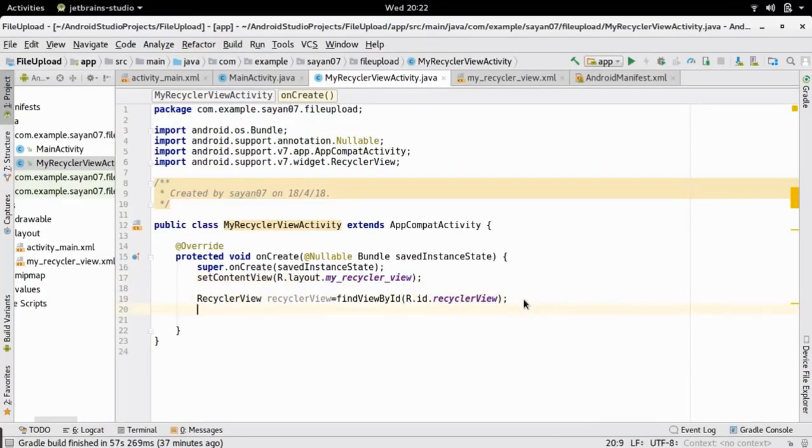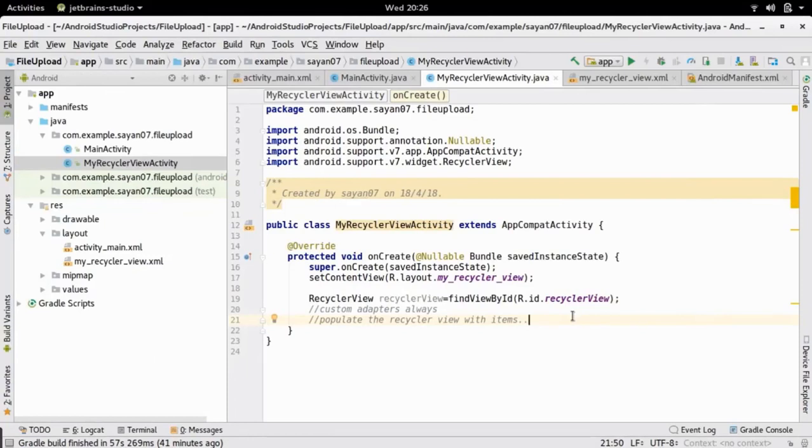Now we are going to create an adapter for our recycler view. Now what are adapters? I already have mentioned in my list few tutorials. You can just check them out. So I just want to say that for recycler views we are going to use custom adapters always. Okay, so first we have to create our own adapter, and you know that adapters are used basically to display or populate the recycler view with items.